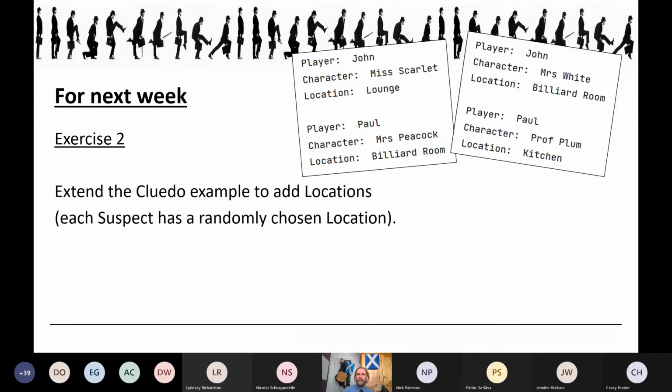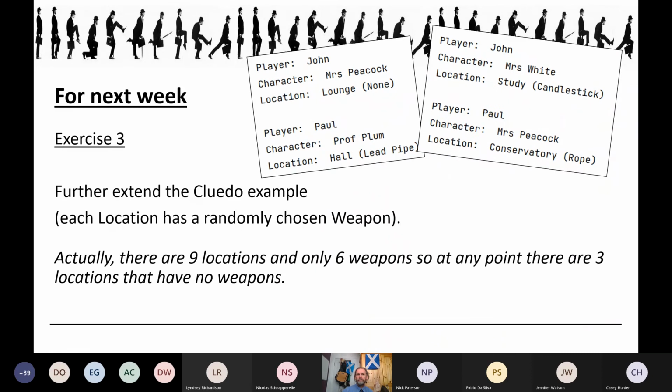So we've had the player, the character, add in the location as well. And the weapon. So Paul is Professor Plum. He's in the hall with the lead pipe.